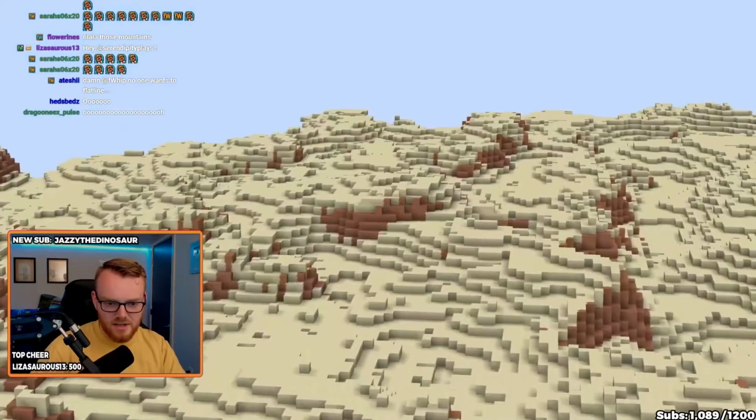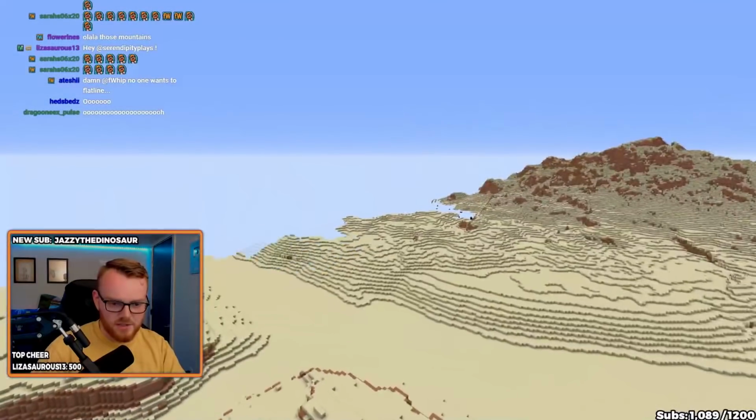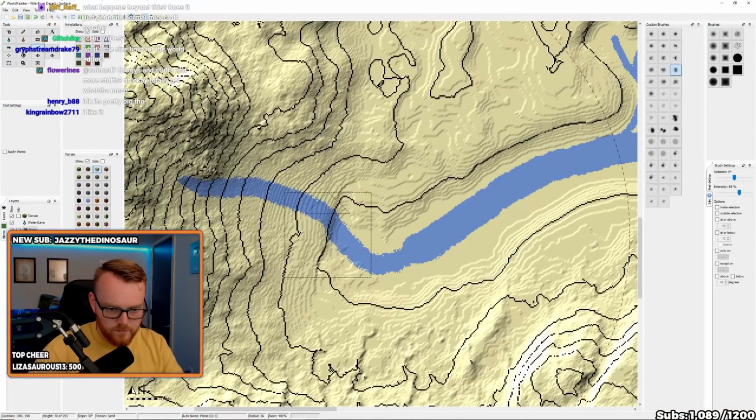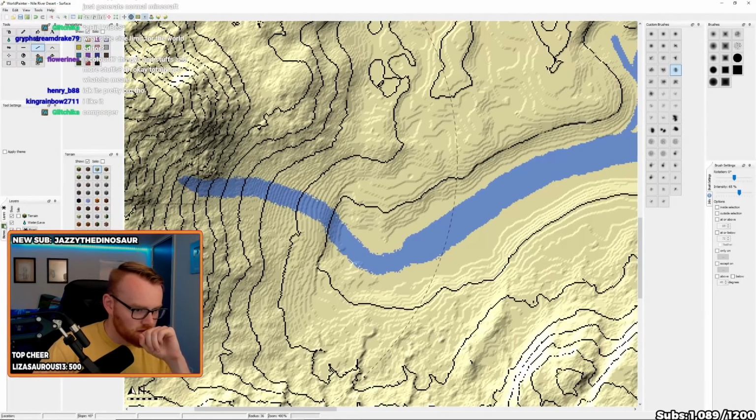But the sand dunes out here, I think we can tweak those a bit better. Those need to be smoothed out. We might restart the sand dunes. They're not giving the vibe that I wanted. Okay, so what we can do now is we can actually start with a...